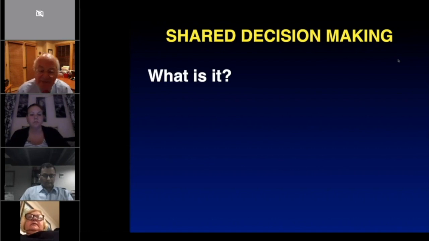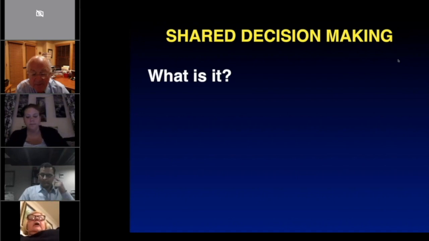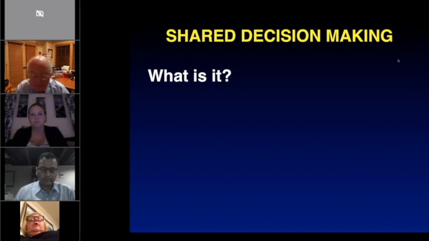I would say it's the healthcare provider sitting down with the client and talking, saying there are several ways we can treat this and delineating those. What are the pros and cons of each one? And then asking the patient what he would like to do. Excellent. What do the rest of you think? Any other thoughts? Yeah, I agree.